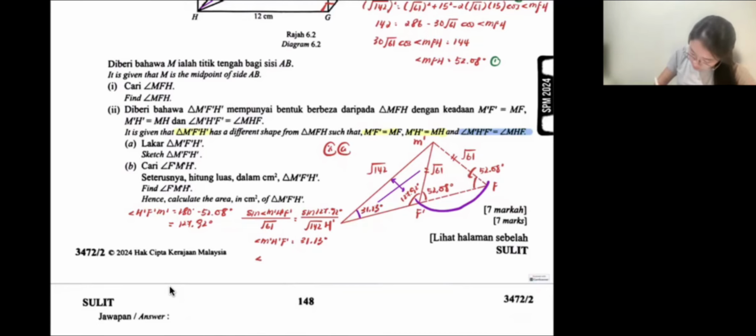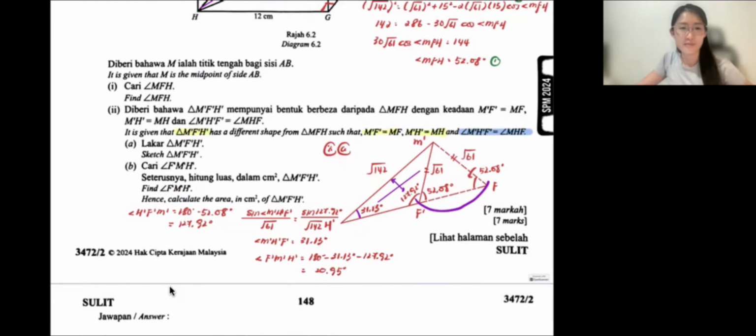So if you need F prime, M prime, H prime, 180 minus 31.13 minus 127.92. This one's slightly longer. Answer 20.95 degree. Yeah. All right. And then next,